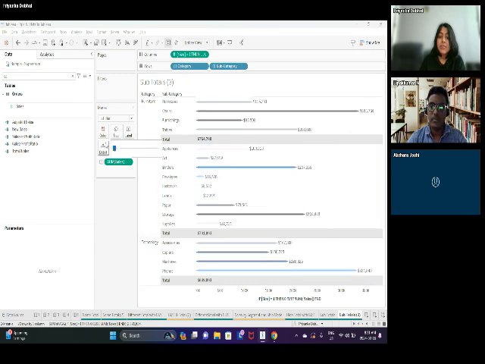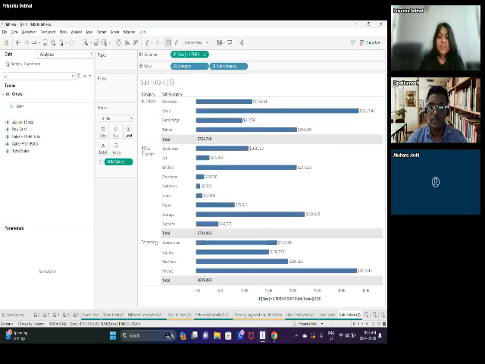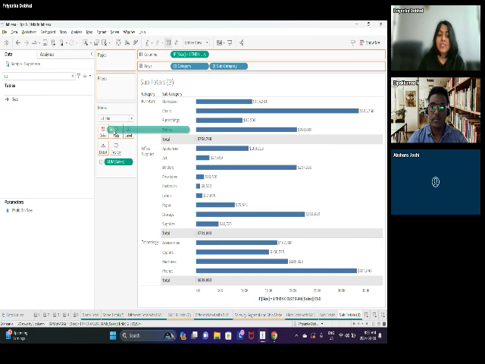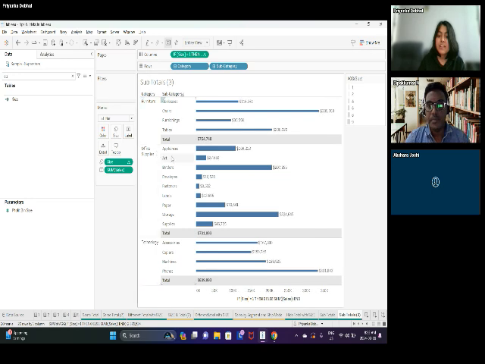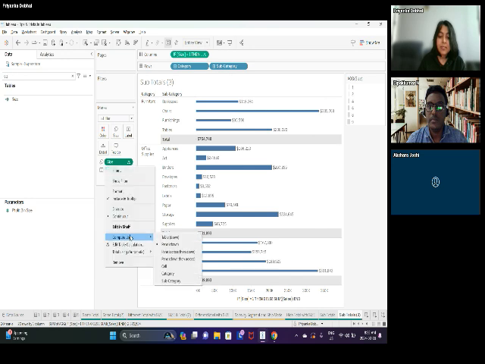Reducing. Oops, sorry, not this. One second, not this. I meant to put the size here. So you can put the size on the size marks and make this pane down again.